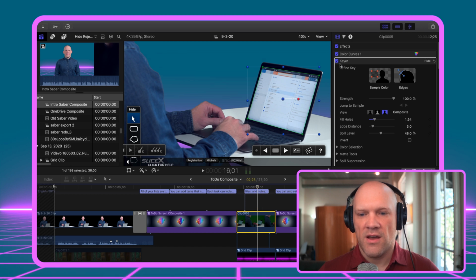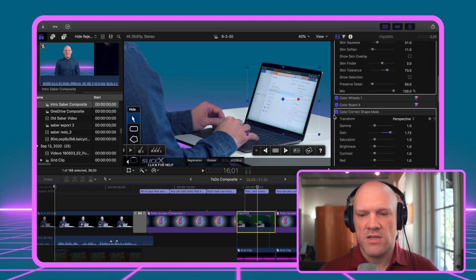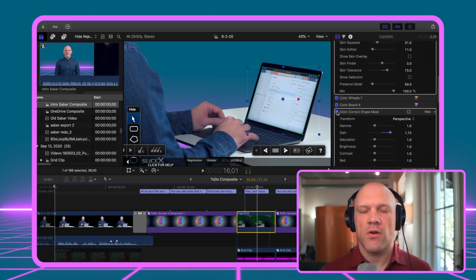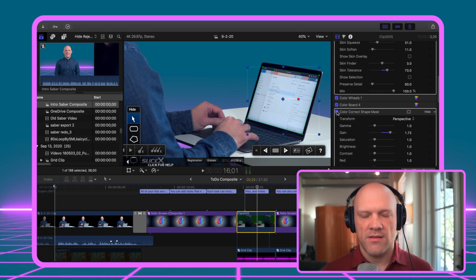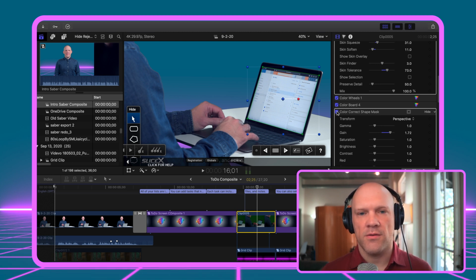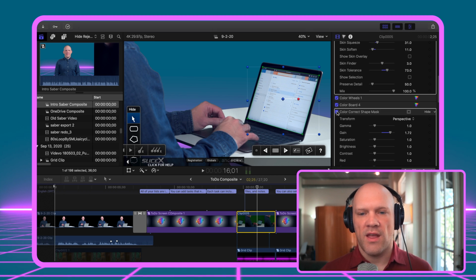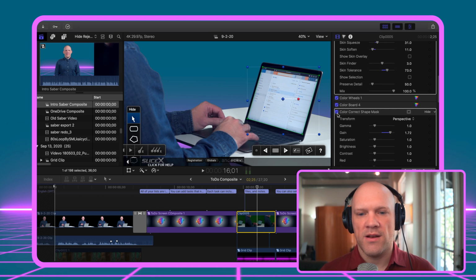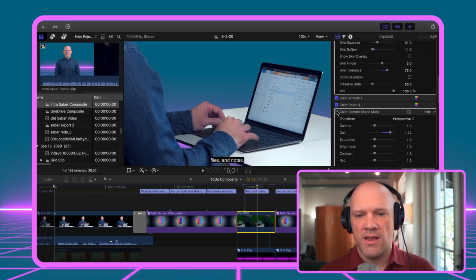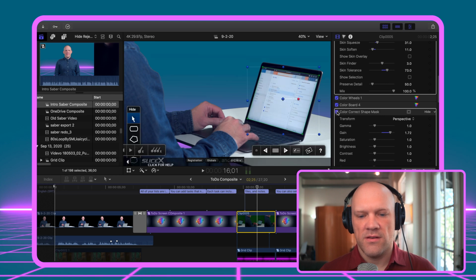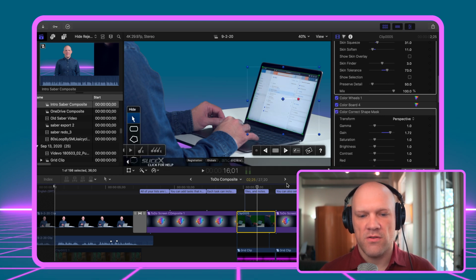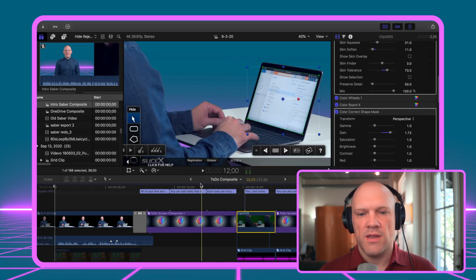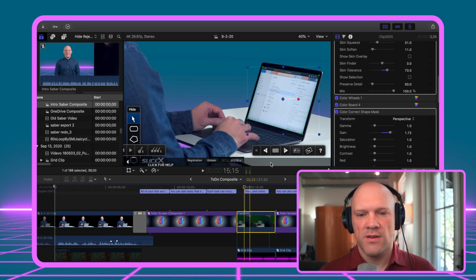Here you can also see I've got a color correction mask going on. I usually do this to adjust for white balance issues, because a lot of times our computer screens aren't going to match the lights that we're using or the lights that are already present in the room. So a lot of times I will use a correction to adjust that white balance. Here I'm using it to make it brighter, because my screen was as bright as it could be, and still it doesn't really match these screens that I'm showing you. It's still not as bright, but you don't want to overdo it. So here I just have that mask over it to brighten it up.